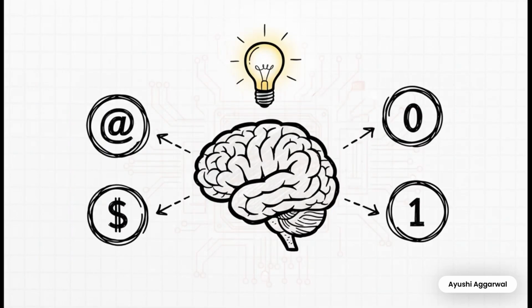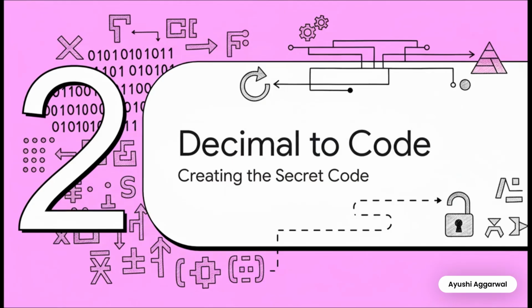And does 0 and 1 ring a bell? Of course it does. This is just the binary system. You know, the base 2 number system. It's the same language that all computers use. The examiner has just wrapped it up in fancy symbols to confuse you. All right, so now that we know the secret, let's first learn how to convert any normal decimal number into